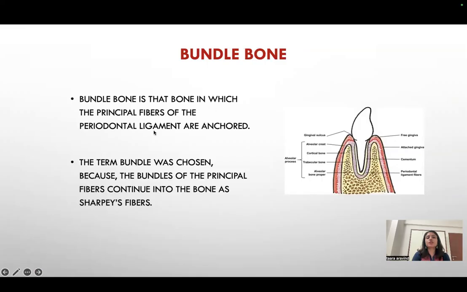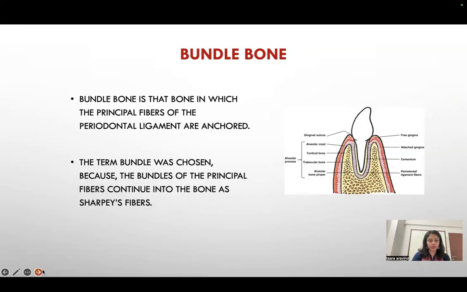Bundle bone is that bone in which the principal fibers of the periodontal ligament are anchored. The term bundle was chosen because the bundles of the principal fiber continue into the bone as Sharpey's fibers. So this is the alveolar bone proper, and this is the supporting alveolar bone. It consists of cortical plates